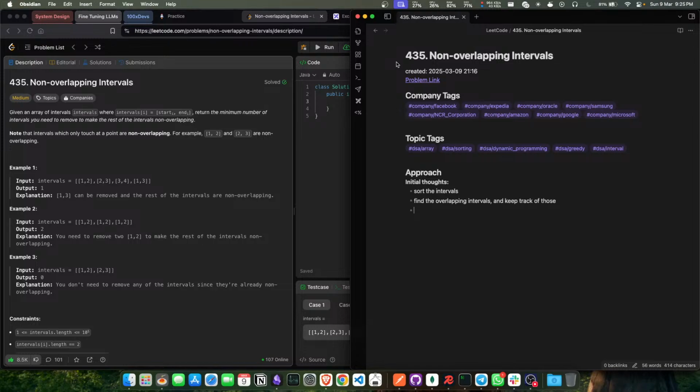And basically, if the previous interval's ending is greater than the current interval's start, then definitely it's an overlapping interval. That's for sure. So what do we do? We update the